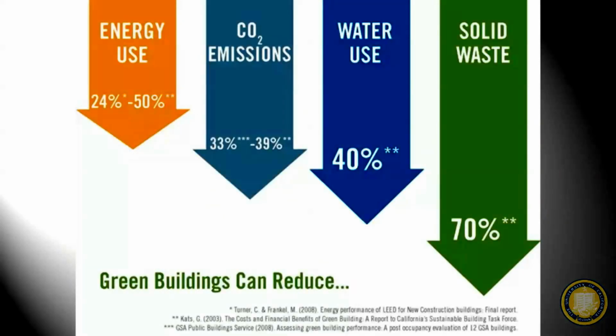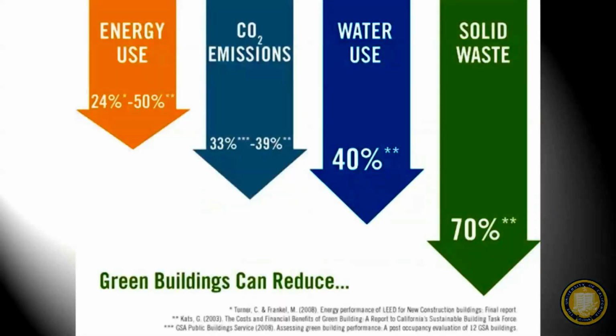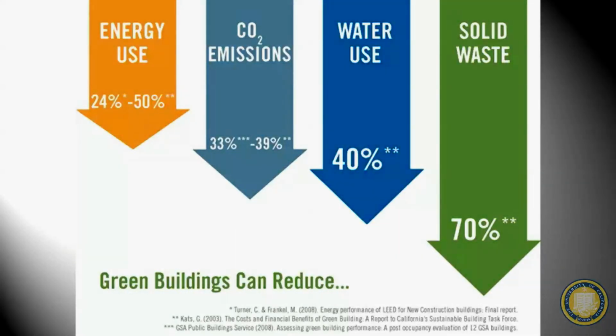And so green buildings, how can we help with these things, right? So we just saw 12%, 39, 65. And then energy use, we can reduce up to 24 to 50%, different estimates, and these are the citations down here, with green buildings. They can help with these reductions. CO2 emissions, we can reduce by 39%. So that's the same as this one. Waste output, solid waste, 70%, so that's more than the previous impact slide. And water use, we can get down by 40%. So a lot of good, humongous savings and impacts we can have on this thing that takes up so much of our energy use and our environmental impacts.